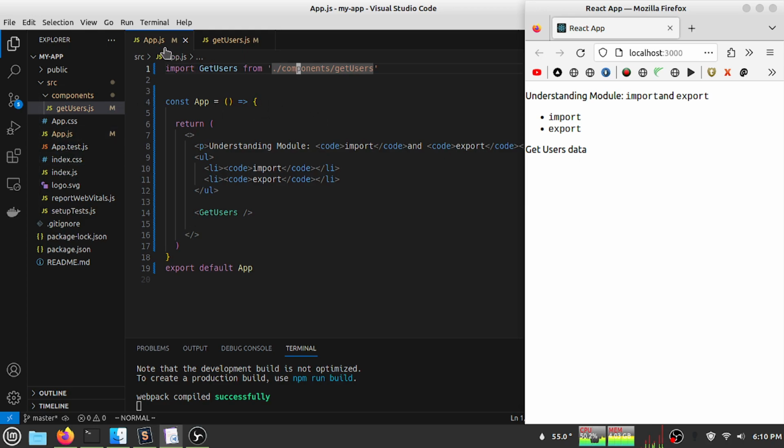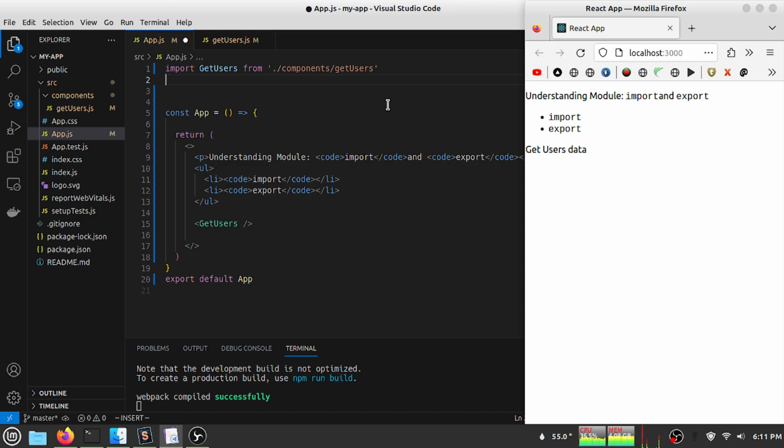using this file, that means this file, and the get users file, the getUsers.js file, is available in the same directory, the component folder, and inside there. That means I have to go to my same current folder, then go to my component folder, and then the file name. But if we use a global module like React, suppose I try to use import